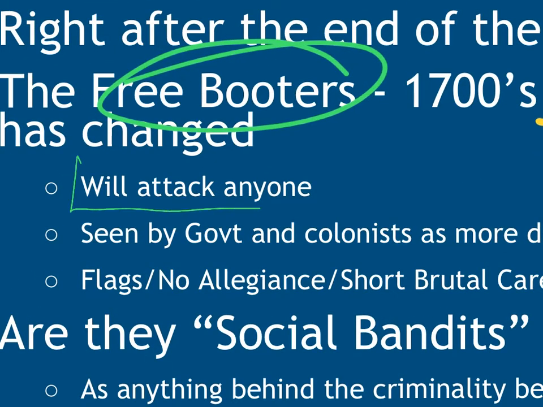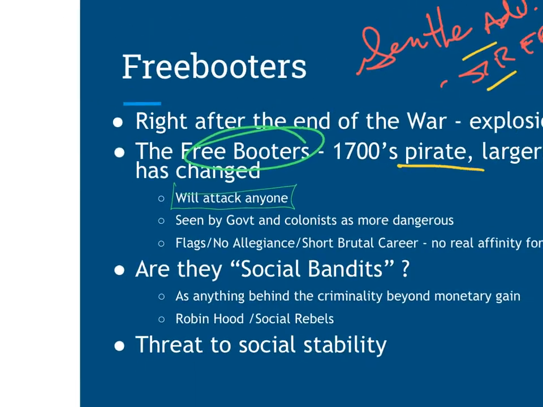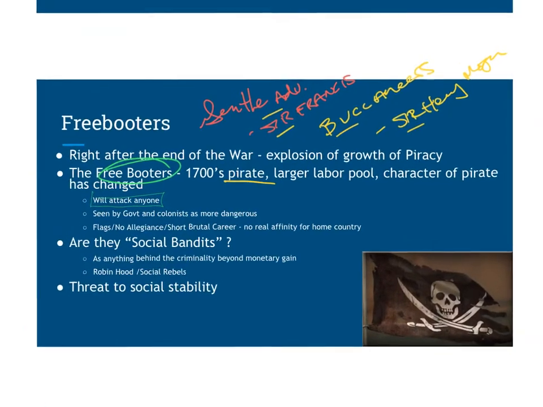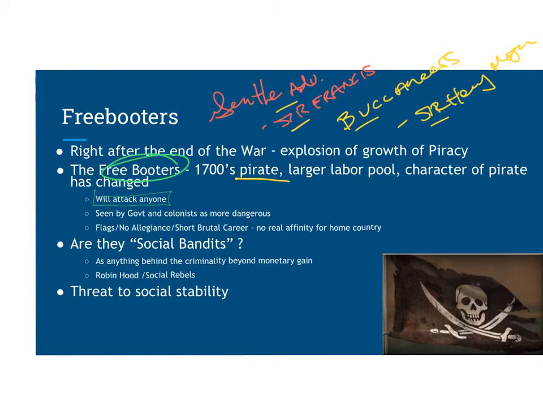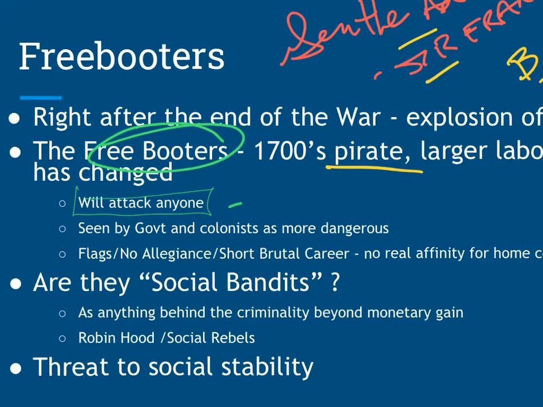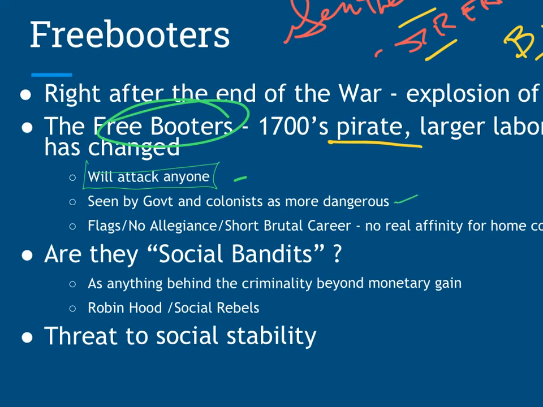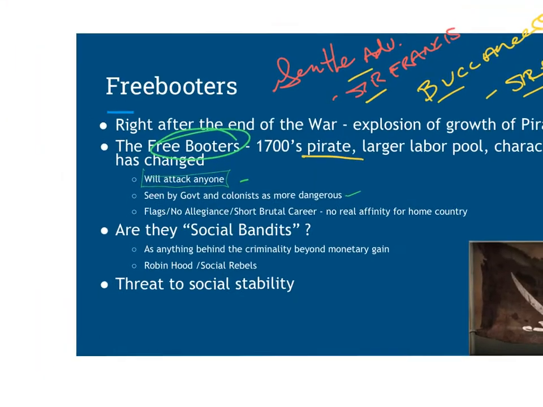They will attack anyone. And if you'll notice with the sirs, the big difference there is that those other guys were sailing for king and country, where the freebooters are not. They're sailing for themselves, right? That's the whole notion. They're not sailing for the flag anymore. And since they're not sailing for the flag, they're seen as more dangerous, since they have no allegiance. They were sort of attacking the social order,